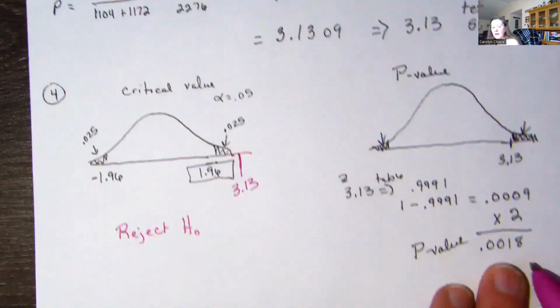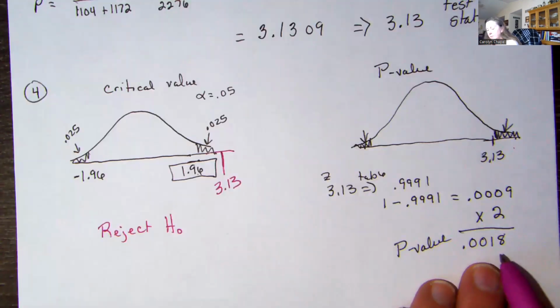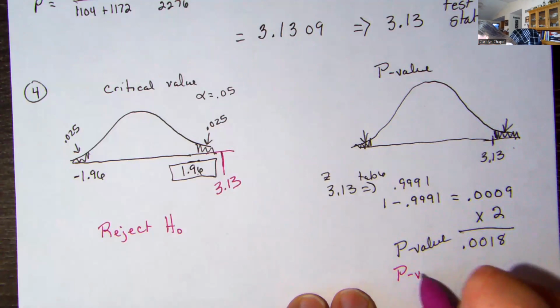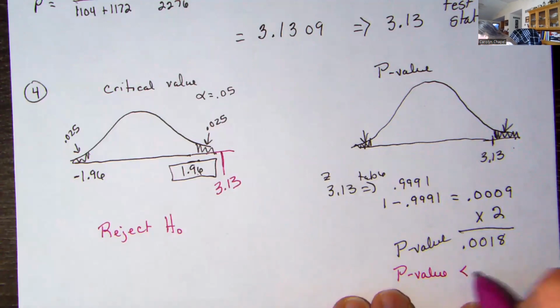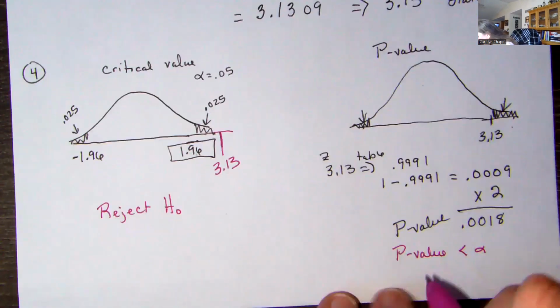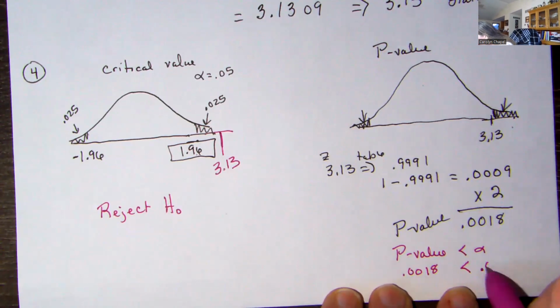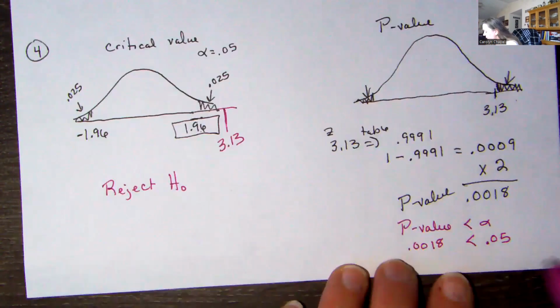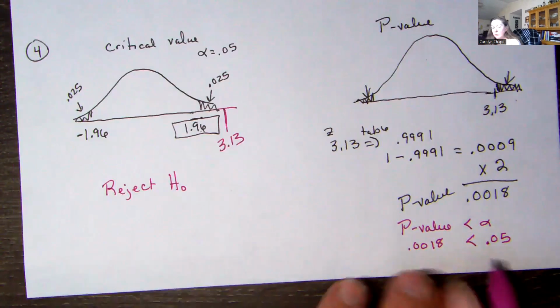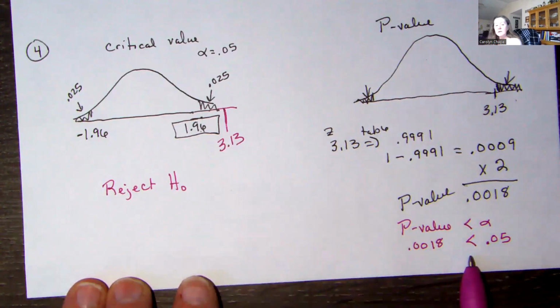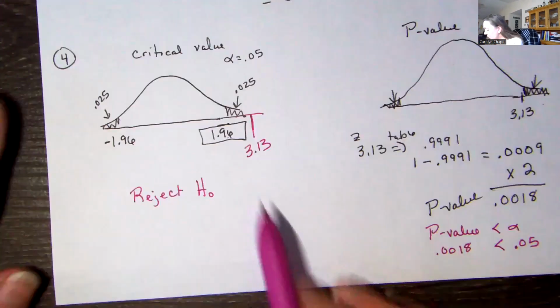If we look at our p-value and did it this method, this is where we compare the p-value. We want to know, is it smaller than alpha? Our p-value is 0.0018. It is smaller than our alpha, which is 0.05. We would reject. If this was not smaller, we do not reject. So we are rejecting our H naught, which means